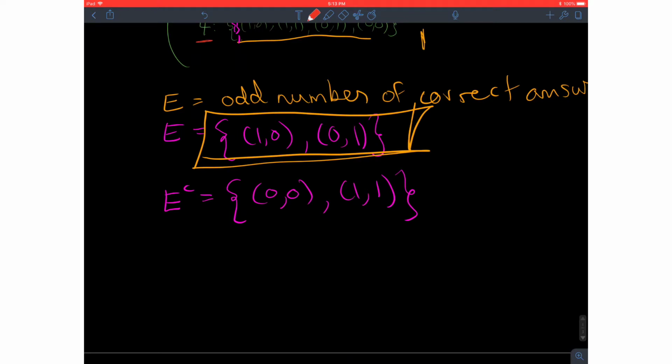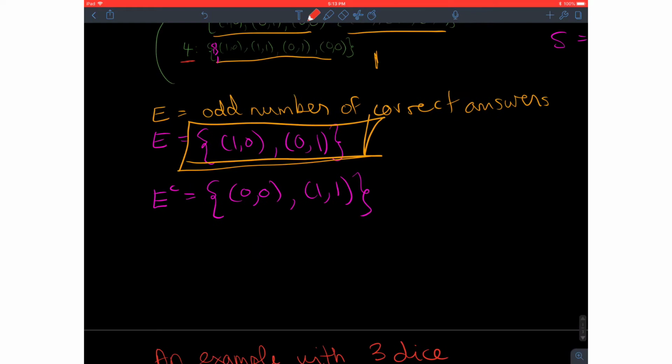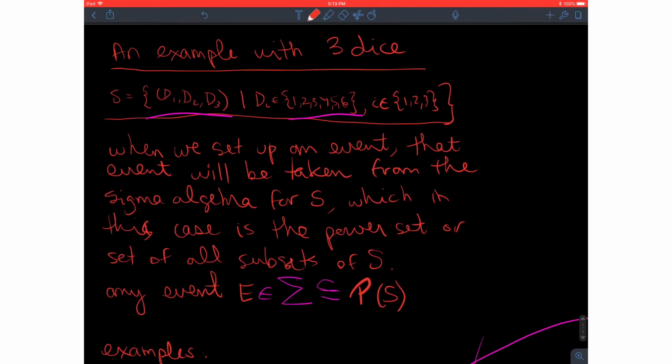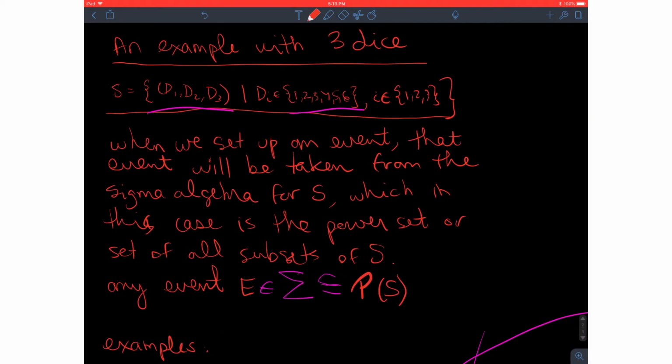So essentially what this sigma algebra is doing is allowing us to create a formal space in which we can define our events and for them to live and be happy in. Okay, so here's some examples. Suppose we're rolling 3 dice. Our sample space is the set of all triplets D1, D2, D3, where the dice have values between 1 and 6. Now, in most of the cases that you're going to consider, the sigma algebra and the power set are going to be the same. So in this case, it is the same.